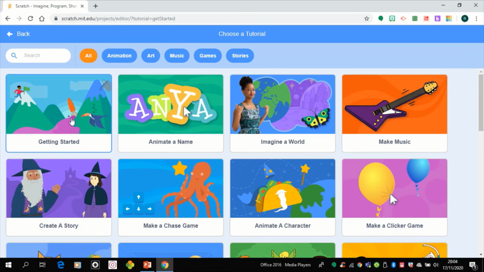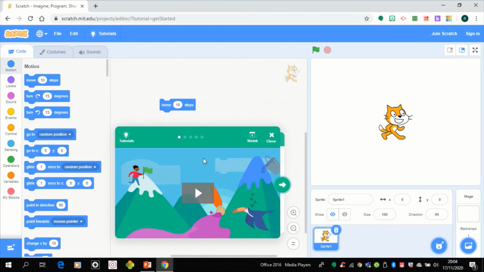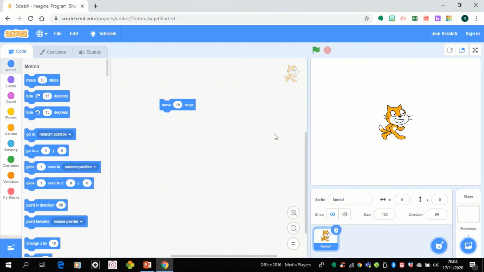So, if I select Getting Started, it will take me back in. Obviously, I will get rid of that. When I've built up some block code, if I want to see how it works, all I do is click on the green flag. Now, I haven't added in enough code, so when I click on the green flag, you'll see nothing happens with my sprite. There are other things that I need to put in, but as I said before, we're not going to tell you that. Now, use the rest of the lesson to really see if you can demonstrate, you can learn quickly,